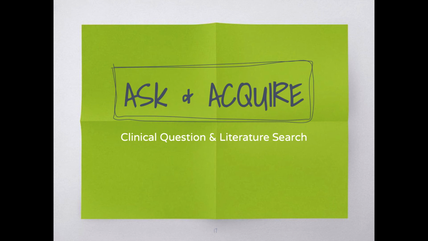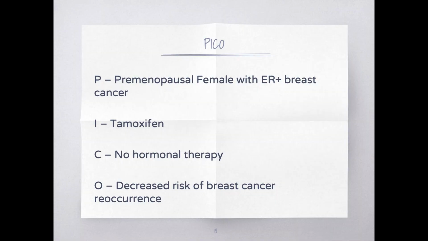In a premenopausal female with estrogen receptor positive or ER plus breast cancer, does the use of tamoxifen compared to no hormonal therapy decrease the risk of recurrence of breast cancer? I can use the PICO elements as keywords when searching the databases. You will often want to select the two most important concepts from PICO for your search. From my clinical question, the patient and intervention seem to be the most important concepts, so I will use those